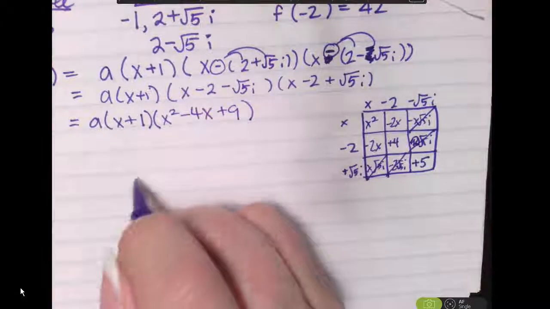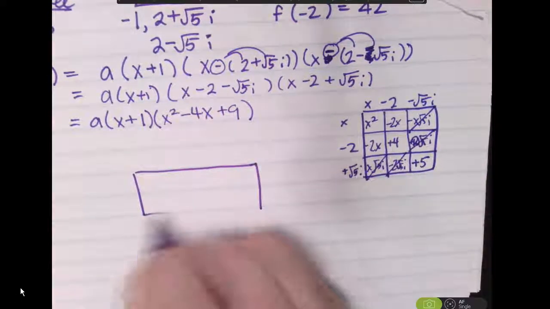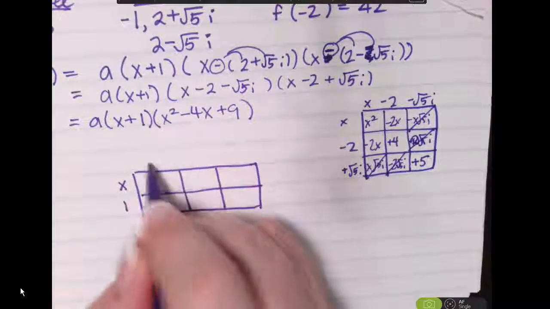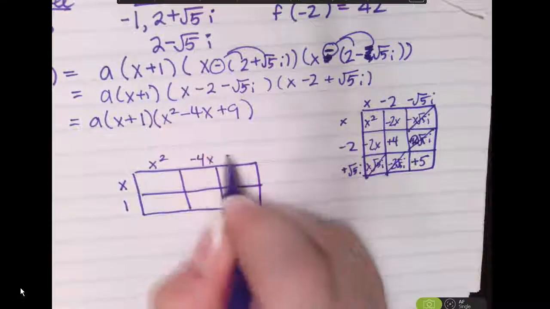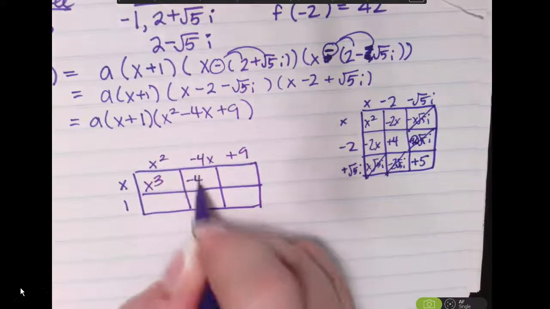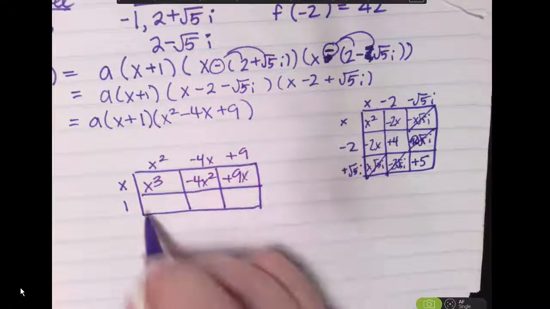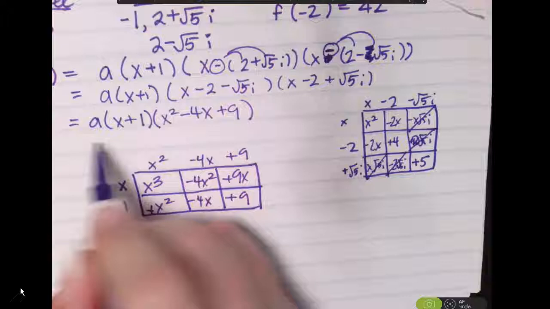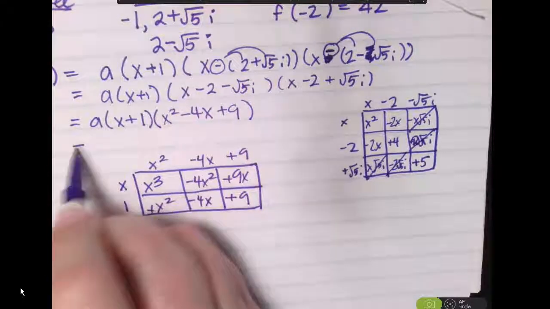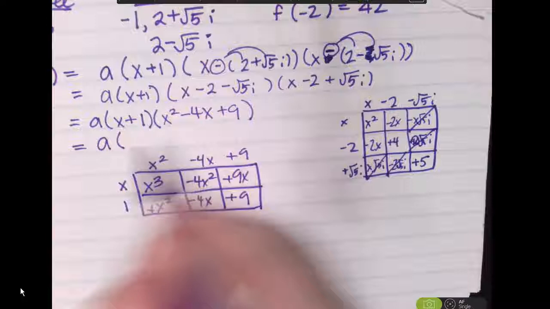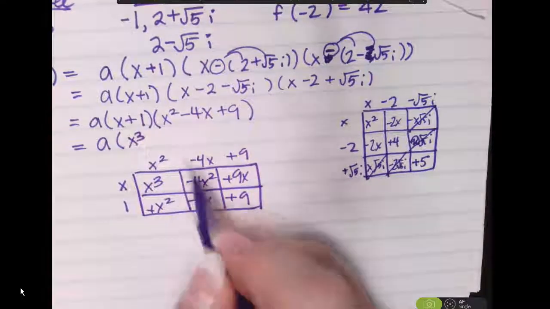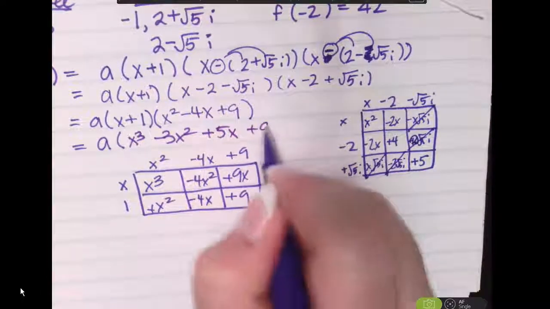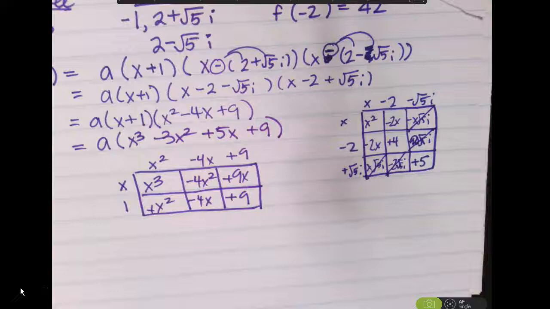And so now I'm going to multiply those out, which, like I said, I could just do the distributive property, but I like this way. x cubed minus 4x squared plus 9x plus x squared minus 4x plus 9. So now we have still our variable a times x cubed minus 3x squared plus 5x plus 9. And we need to